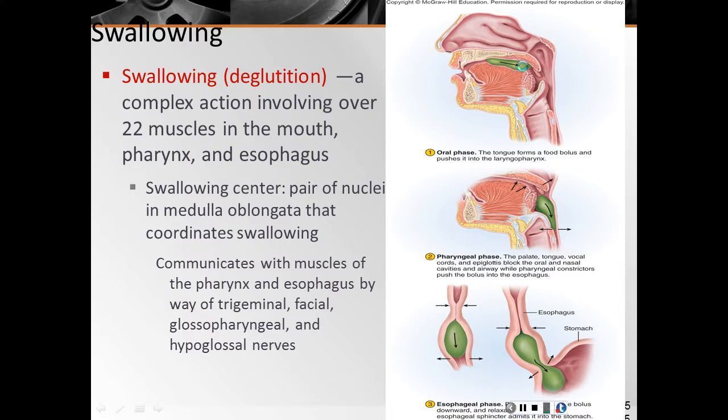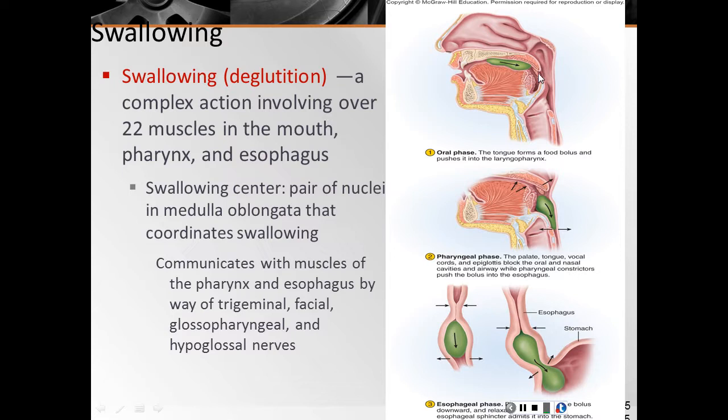Right, it's going to press it against that palate, along with the mucus and saliva that's being secreted by the various salivary glands. That is going to help form this bolus. Then it pushes it posteriorly. So here we go, going towards the back. Now the food is going to accumulate in the oropharynx,